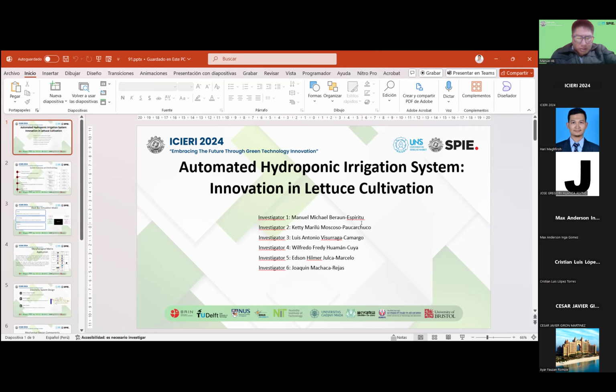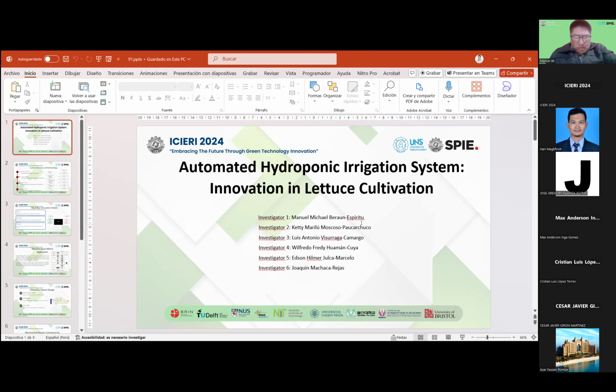In addition, the mechanical design has been optimized to facilitate maintenance and ensure the durability of the system. This work contributes to the advance of hydroponic agriculture by offering a technological solution that improves irrigation efficiency and promotes